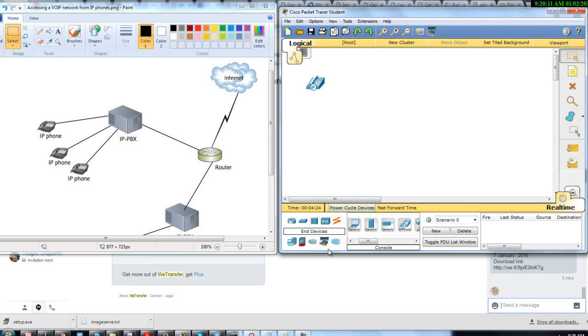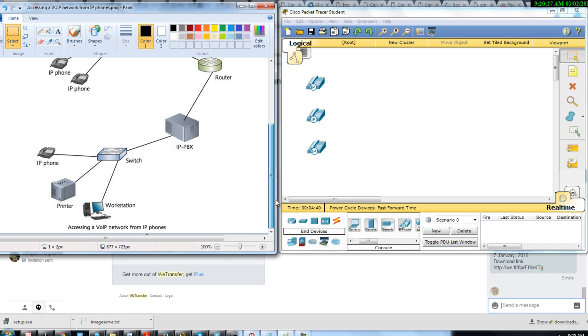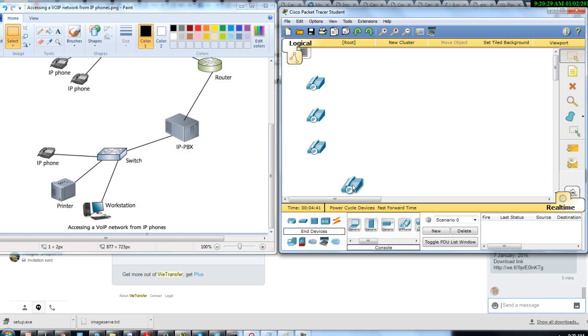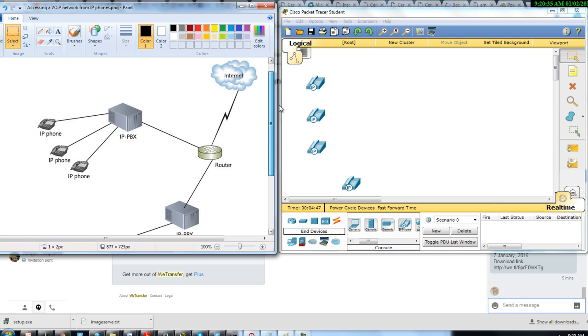We look at the end devices over here, and we can actually pull out another phone. So let's just pull out another phone. So we want to pull out 4 phones here. Actually 3 phones. And you want to pull out another phone over here. And how many other phones do we have here? We just have 1, 2, 3, 4. Okay. We need to